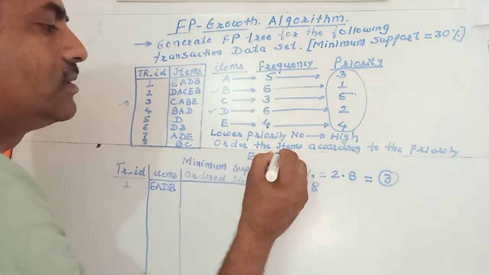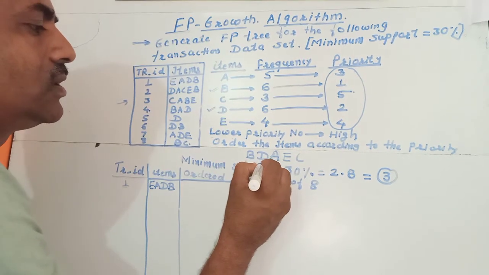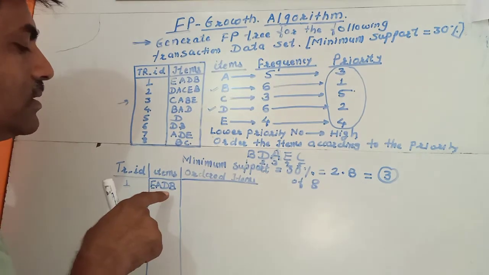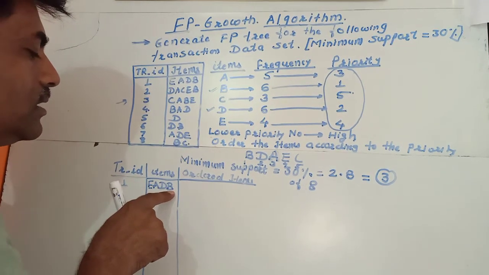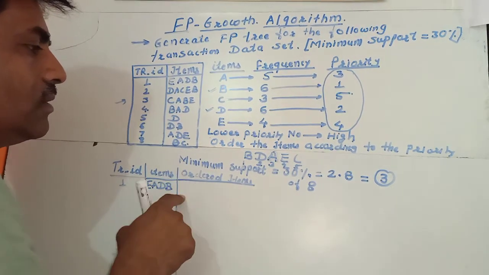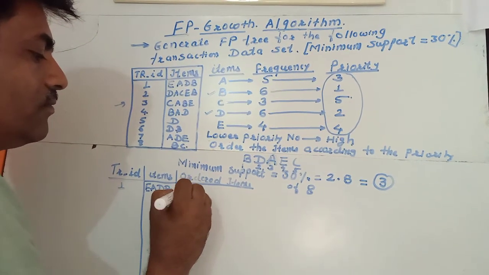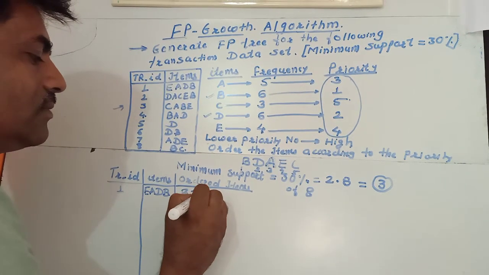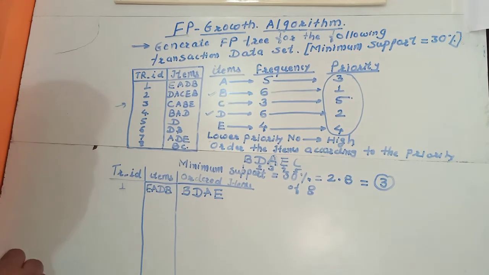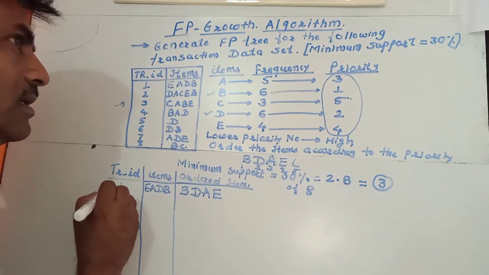So now find out the new order by using the previous items present in the data set. Already we have set up the order. The item B has the highest order, so we will change the position of B. In the previous case, B is present at the last, right? Now by using the new ordered list, B is at the first position, D is at the second position, then A is at the third position, and thereafter comes E. So likewise we have changed the order of the previous items present in the transaction data set, right?